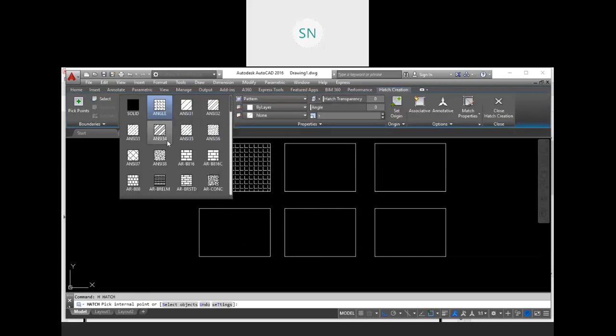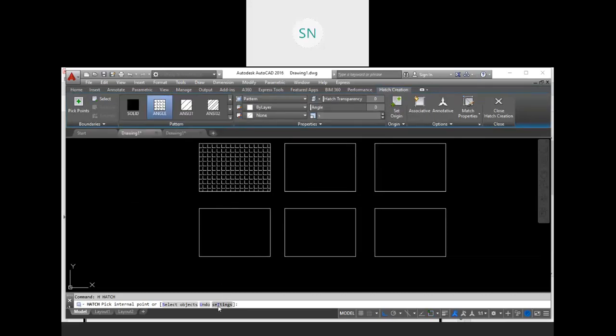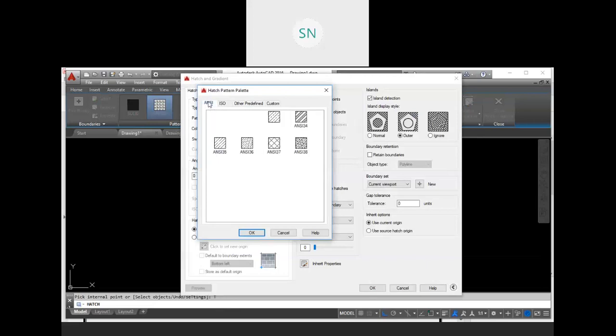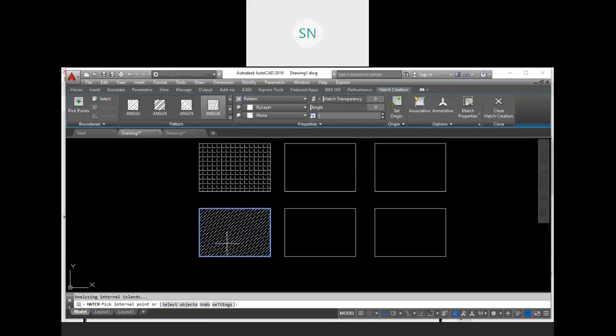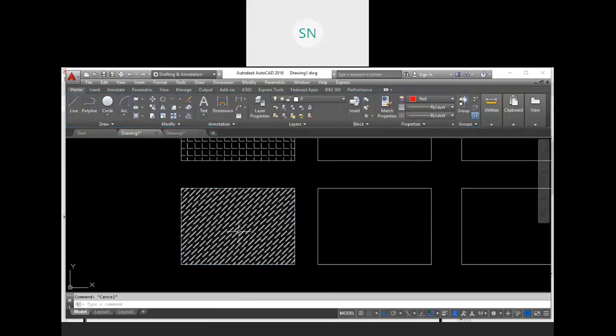I don't prefer these patterns, generally taking from here. We have everything in the setting. So go to the ANSI patterns. These ANSI patterns are the patterns for mechanical purposes that we generally use. So let's use this one. Hit OK, and in this bracket, see, this is our section drawing.